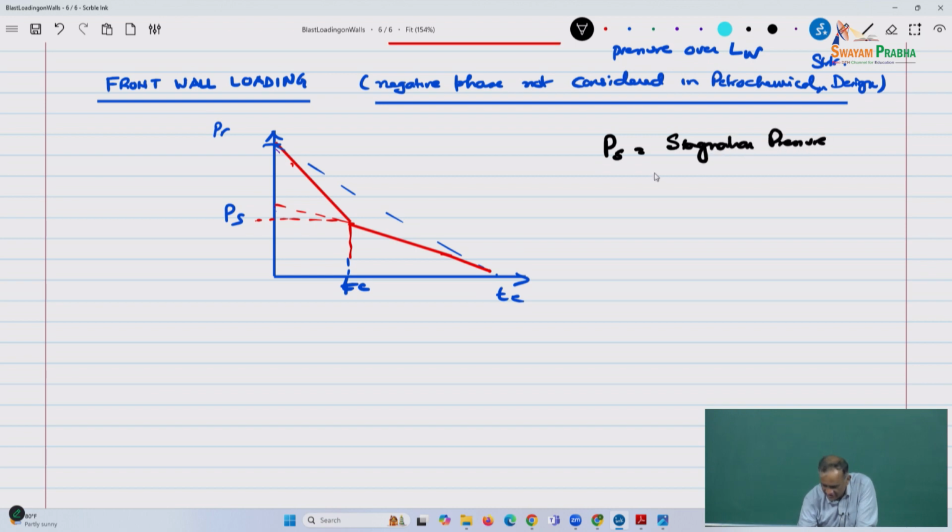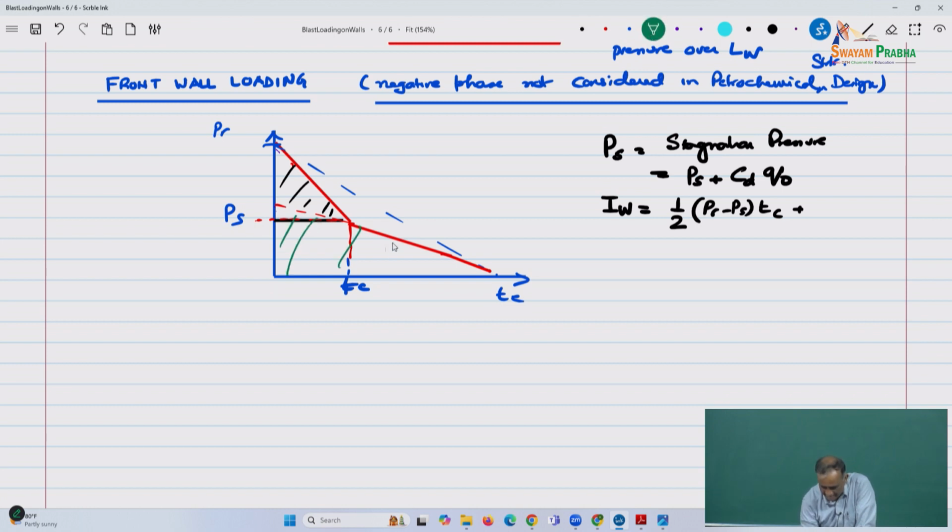the peak value of the stagnation pressure is the same, PSO plus CD multiplied by Q naught, and the positive impulse, as you can see, is 1/2. If you take PR minus PS and you consider this part of it, so PR minus PS is this part of it, so 1/2 PR minus PS multiplied by TC, plus then the bottom part of it is 1/2 PS multiplied by TD,